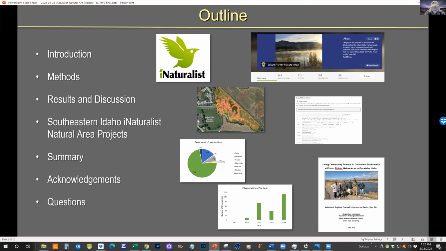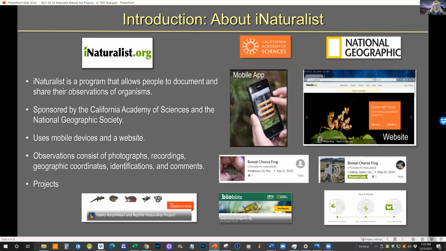The program that we've been using to gather these data is iNaturalist, so I would like to briefly describe that program to you. iNaturalist is a program that allows people to document and share their observations of organisms. It's sponsored by the California Academy of Sciences and the National Geographic Society, and it uses mobile devices and a website to